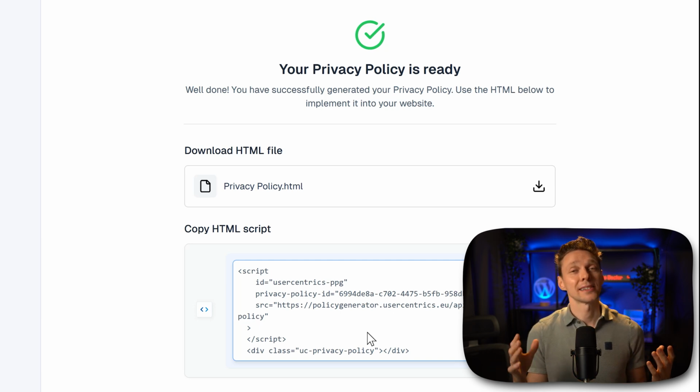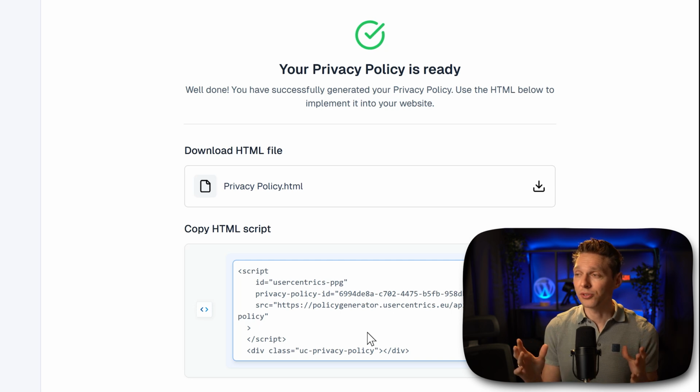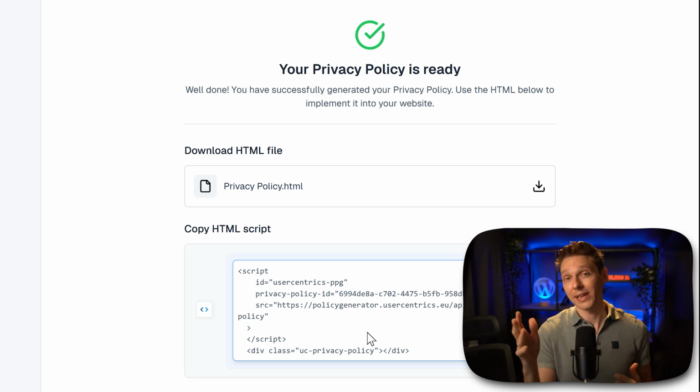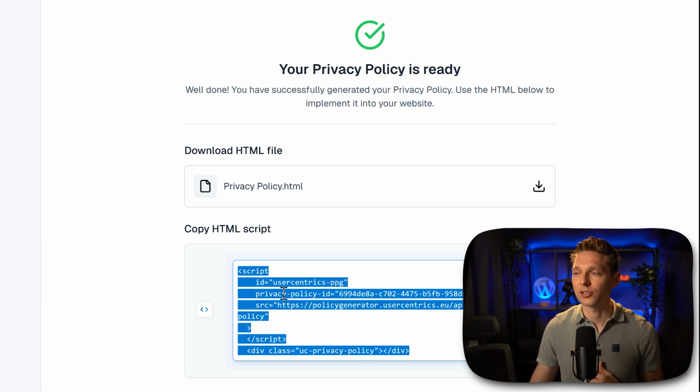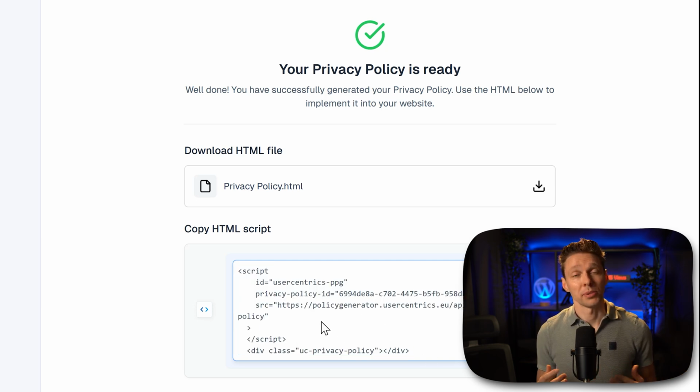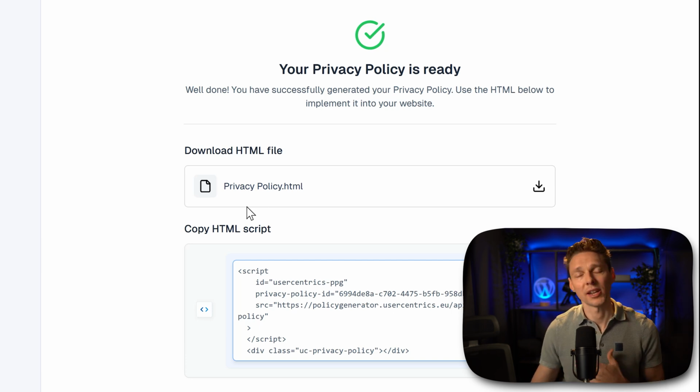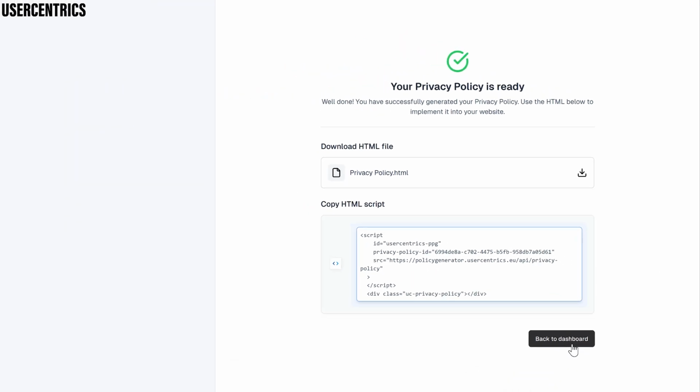Or maybe you want to add in multiple languages, then it's also useful, because in the future they will add in multiple languages, change it in Usercentrics, and you don't have to update your website because you have this script running on your page. But if your website is not going to change anytime soon and you don't like to have another script on your website, then just download the privacypolicy.html. And then you have it on your computer, and I'm just going to show you how to put it live on your website. After you've downloaded, we press on back to dashboard.